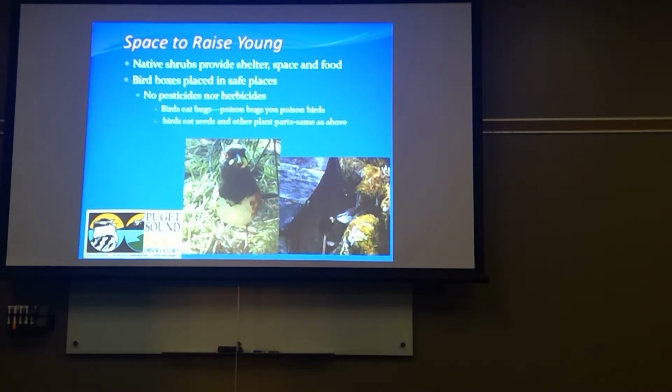Birds and other wildlife. Again, I was telling them about the Douglas squirrel. They need some place that's safe. As it turns out, I'm showing two different birds: the spotted towhee, a male there with a grub, and then the Bewick's wren with a caterpillar. So, your birds will eat most all the bugs that bug you. Well, that's kind of funny,